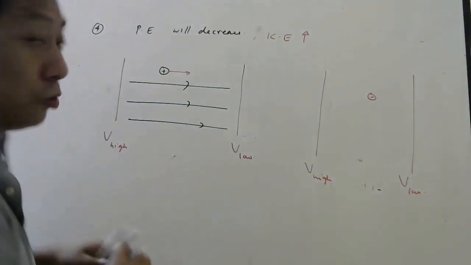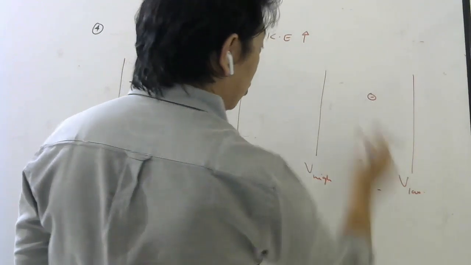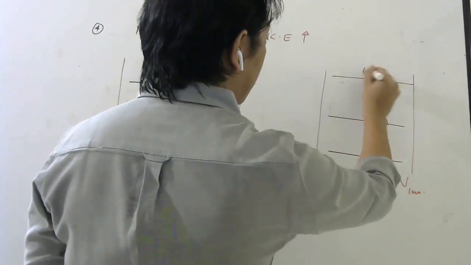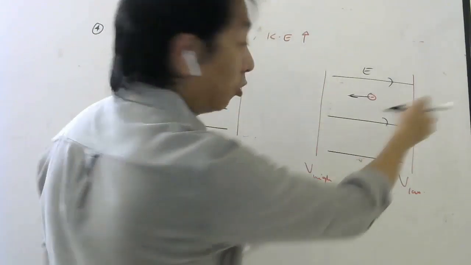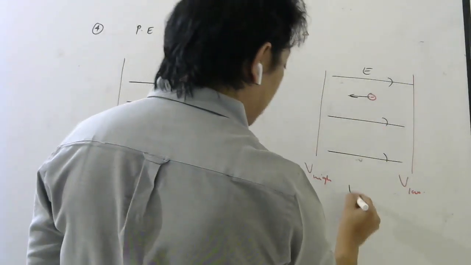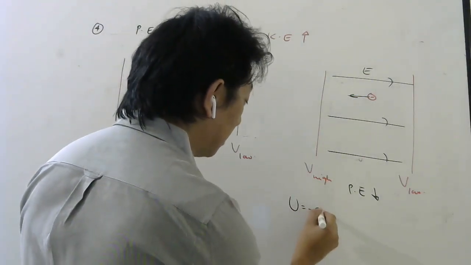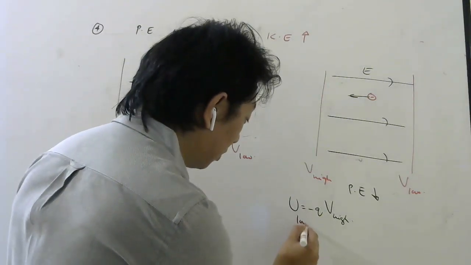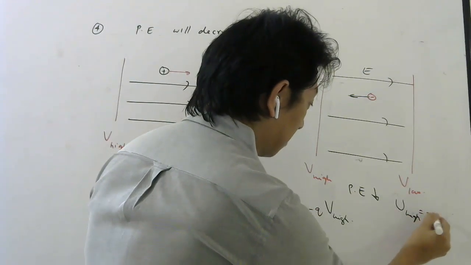See, I don't want you to have any confusion. That's why I'm taking time to explain. If this is high, this is low, potential, this is high, this is low, so electric field is from higher potential to lower potential. Now negative charge will move from low potential to high potential, or you can say opposite to electric field. So what is happening to its potential energy here, if I ask? Here also potential energy is decreasing only, students, because this is higher, but potential energy is what? Minus Q into V high, no? So see, this is minus, potential energy will be low here, if it is minus charge is moving. And here potential energy will be high, minus Q into V low.